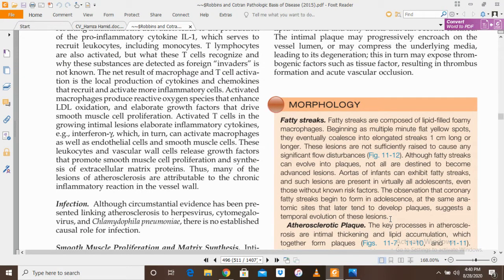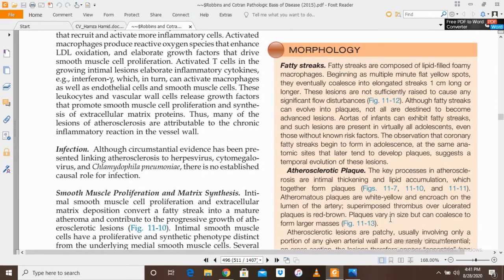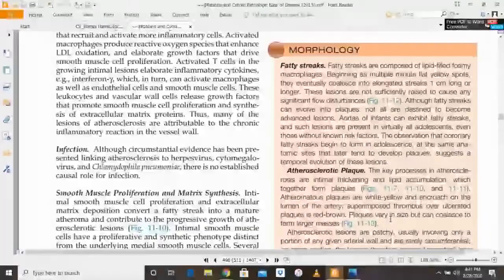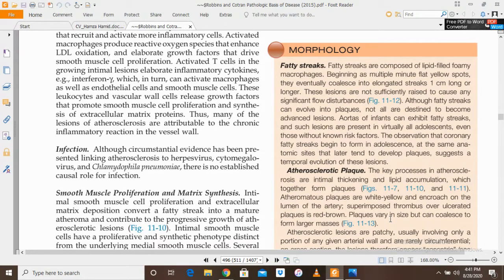These atherosclerotic plaques are formed due to the deposition of lipid-filled macrophages and smooth muscle cells within the intima, along with the formation of the fibrous cap, and extracellular matrix deposition. These atherosclerotic plaques are usually eccentric. They do not involve the whole of the lumen of the vessel. They involve part of the lumen of the vessel. These are eccentric, not concentric lesions.